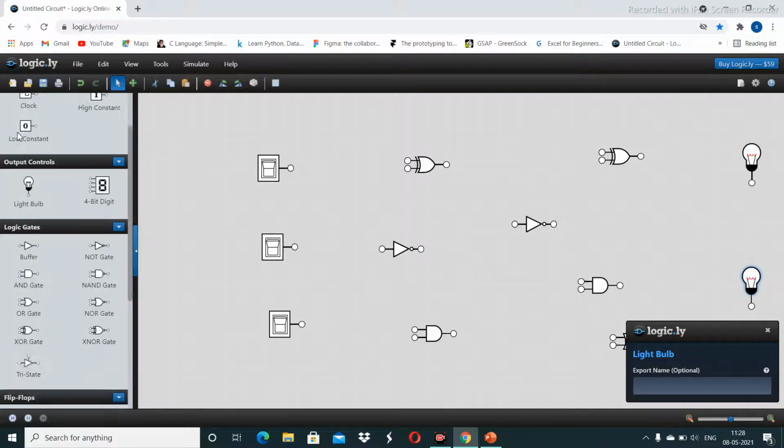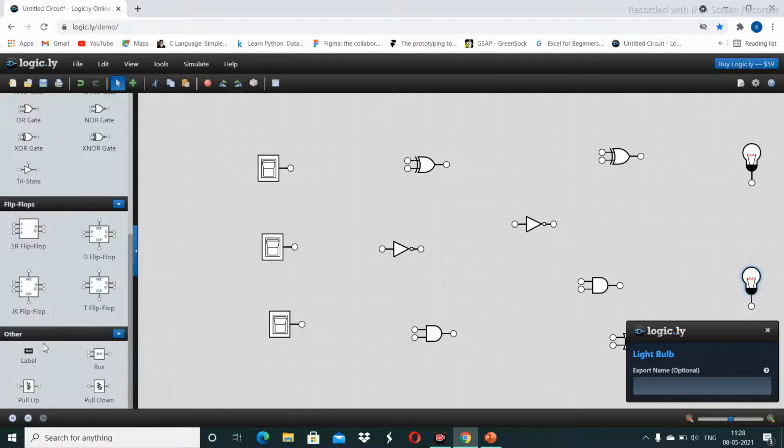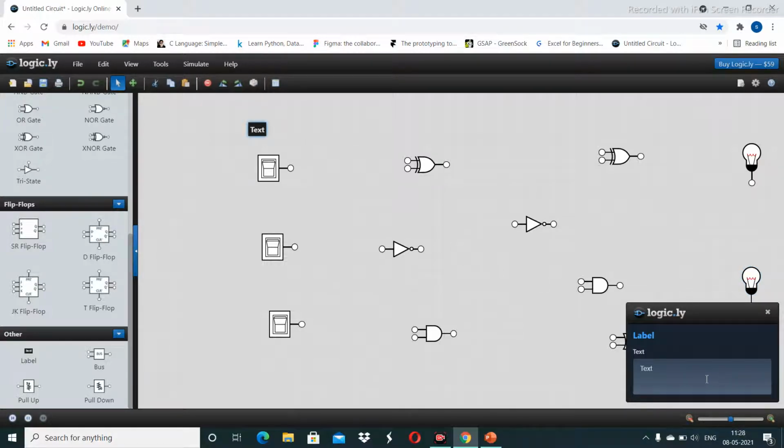Likewise, use a label box and name the first switch as A and the second switch as B and the third switch as borrow in.